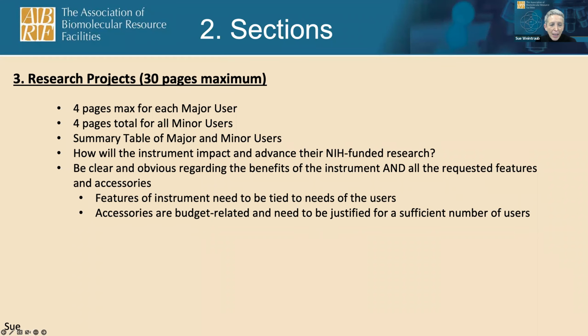And then anything that's in a new accessory or capability of how this is going to move the project forward. This is where you want to mention if there's some accessory, particularly why this investigator needs it. What you absolutely don't want to do is have a following and ending line and say, therefore I need this requested XYZ mass spectrometer for my project. Make sure it's clear what it is that it's going to do.